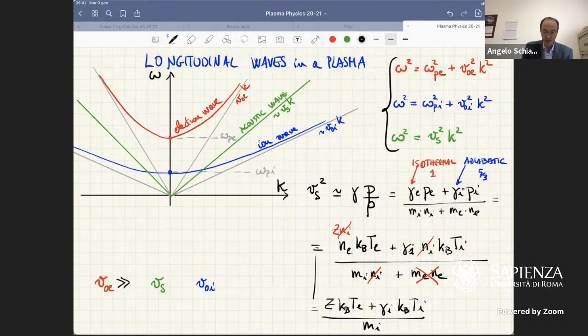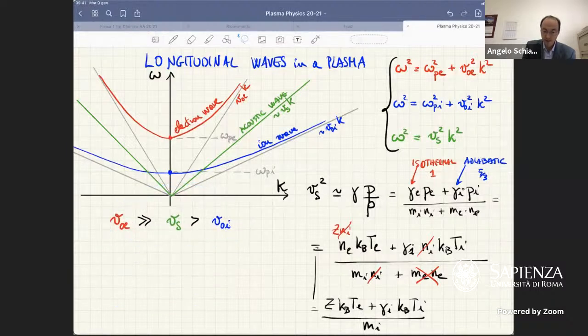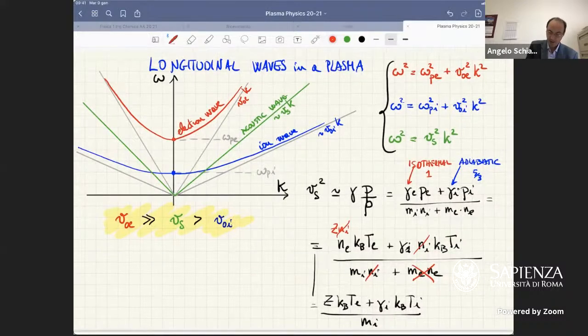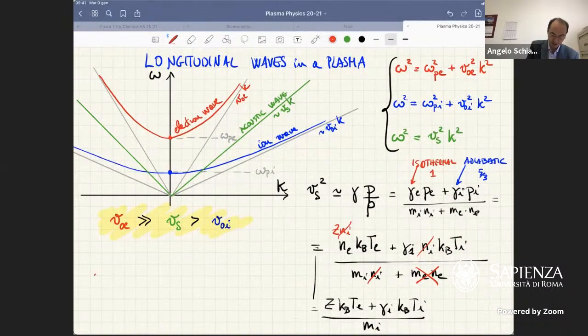the electron wave has a speed that is much higher than the speed of sound, and which is higher than the ion wave. Let's put this here, put a highlight, and let me just conclude here briefly, writing what is, remember, the characteristic speed